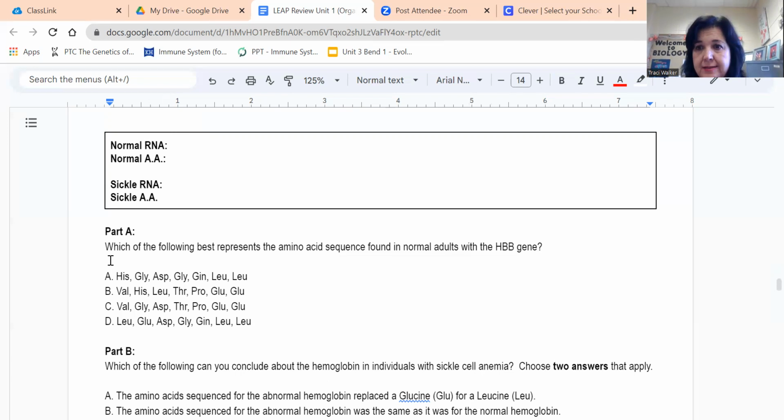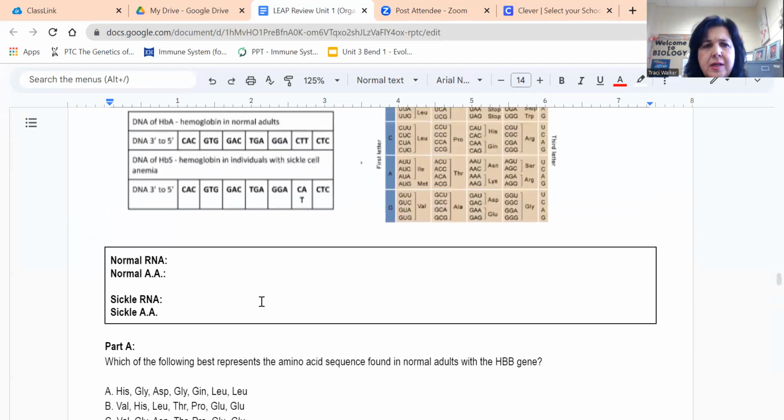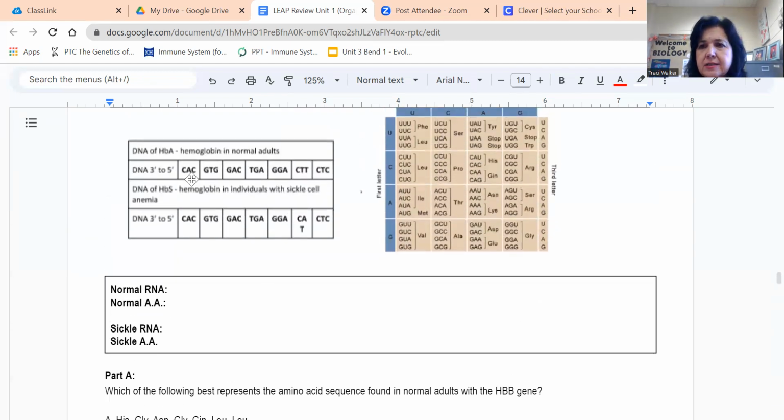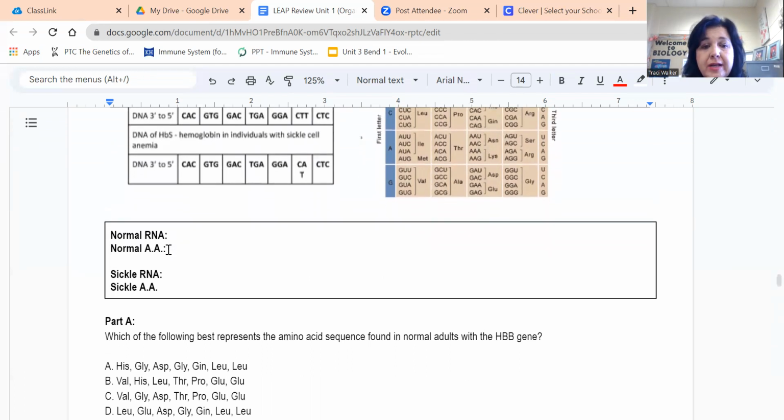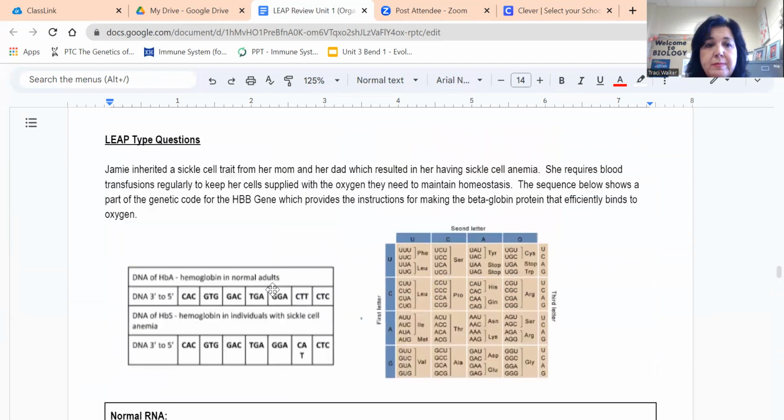So let's look at what the question is asking, and then you'll see why you need this. Which of the following best represents the amino acid sequence found in normal adults with the HBB gene? And so we've got amino acids here in our answer choices. Okay, but then up here, we've got nitrogenous bases in sets of 3. Okay, so we have got to figure out what the amino acids are. Now, be careful on this, because your first instinct, so we're talking about the normal adults with the HBB gene,